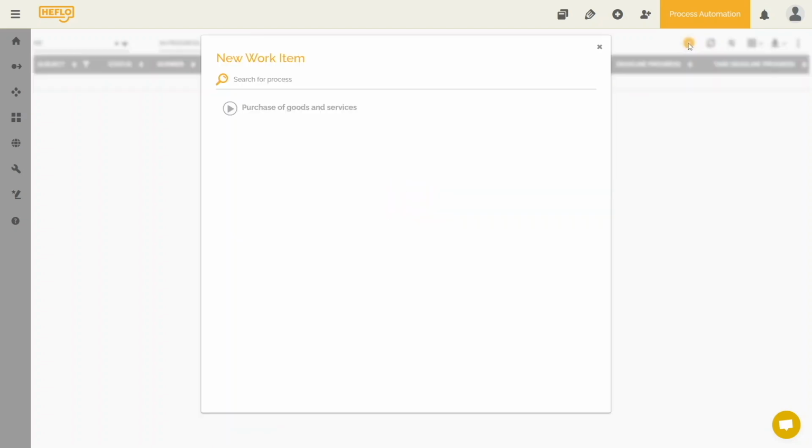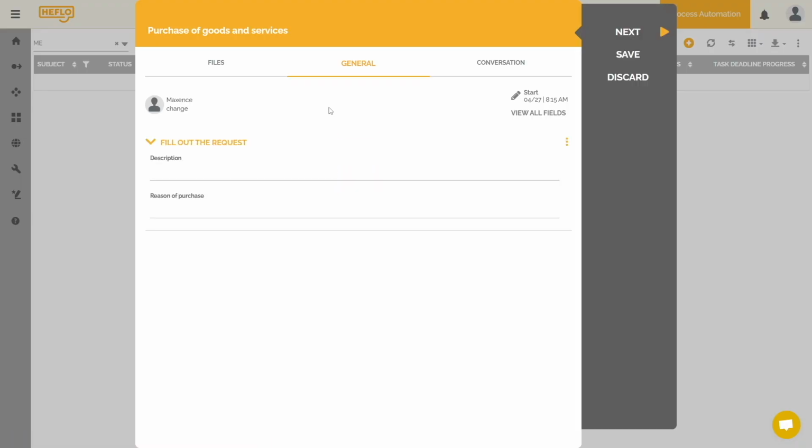We will then initiate a request for our process, purchase of goods and services. This is exactly the form we created. If you notice, there is something different here compared to our test item.